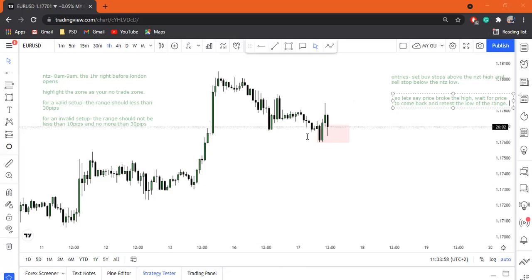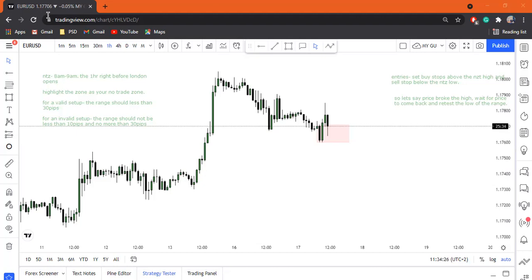Then if you are still looking to enter, you enter because it has already retested. That gives us more chances of it continuing higher. So that is one thing that you always have to keep note of when you're managing your trade, if one is opened. All right, and then for stop losses, for your stops and your take profits, for the stop loss,